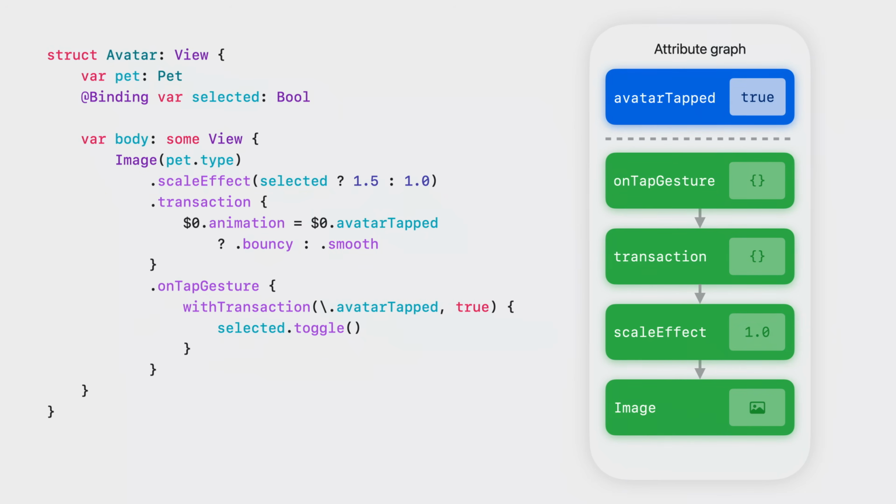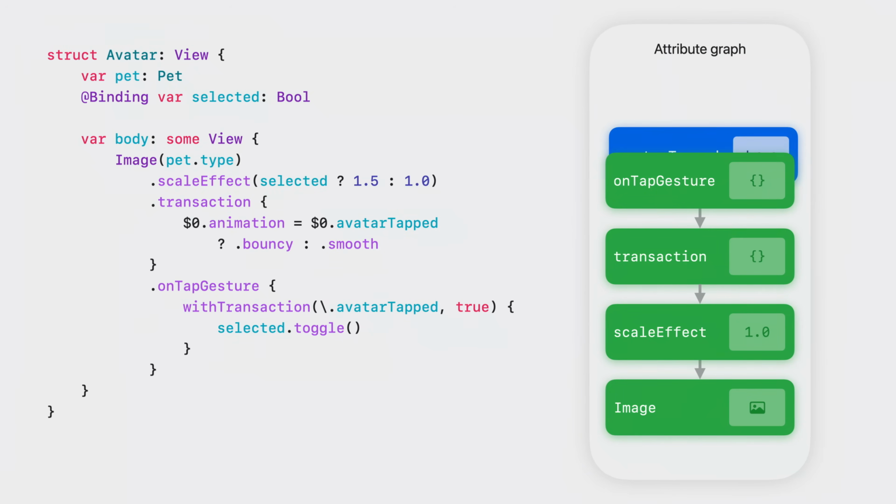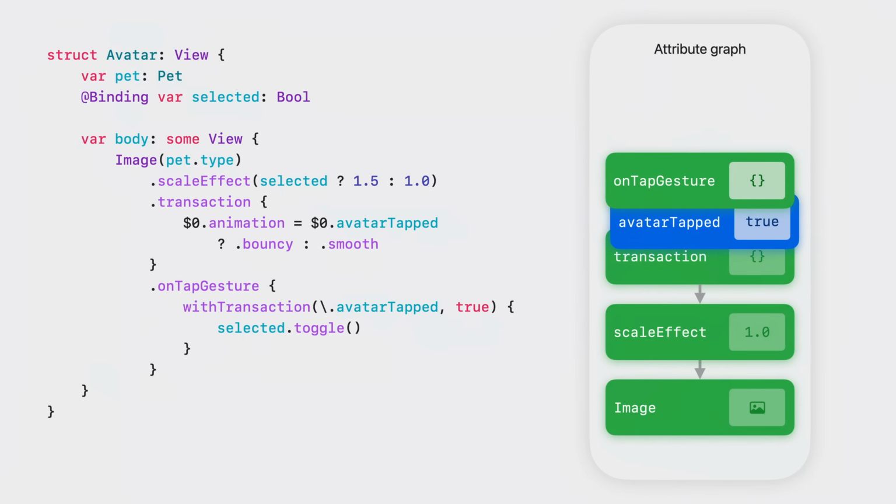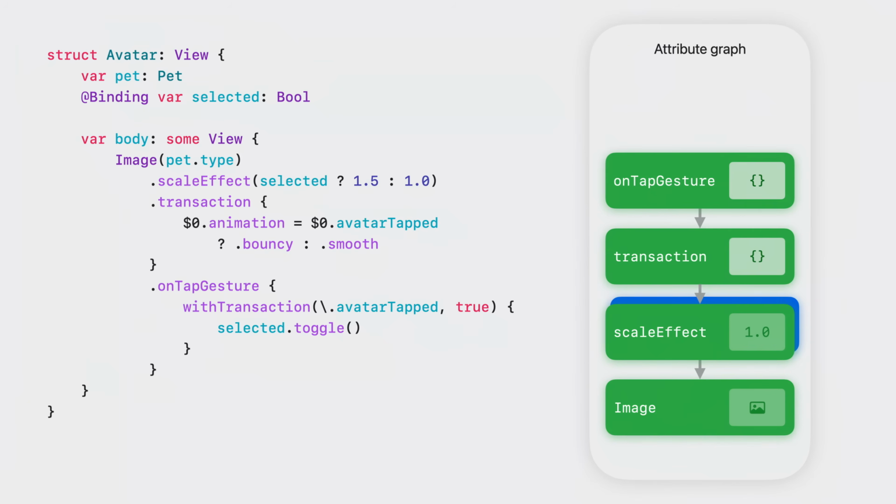The transaction also contains the default value for the animation key, which is nil. The transaction propagates across the view hierarchy until it reaches the transaction modifier. Here, the avatar view reads avatar tapped, and based on its value, sets the appropriate animation, which propagates down the view hierarchy.